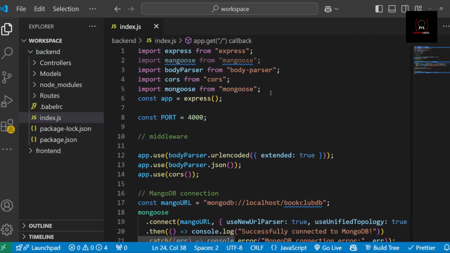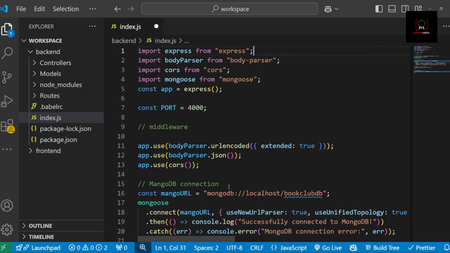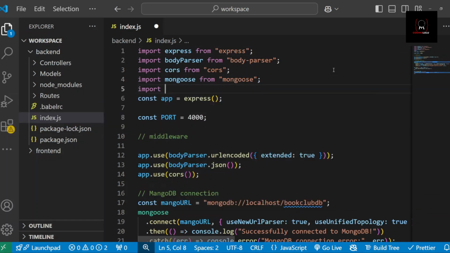But still, we'll just add it and go ahead, and later we'll fix it. And here I think I did the import wrong earlier, so it just picked it up and did it for me when I was using the mongoose here. So that's great. Now what I will do, I will import the routes